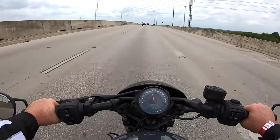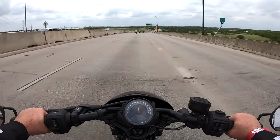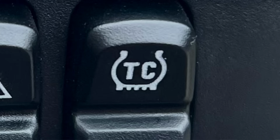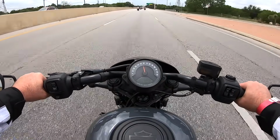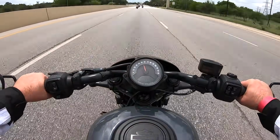There are a couple of features this bike has that the old school Sportsters didn't have. It's got standard ABS brakes, and it's got traction control, and it has 3 riding modes. It's got road, rain, and sport. Okay, I just hit the mode button and the S disappeared, so it's got a little cloud, so I'm in